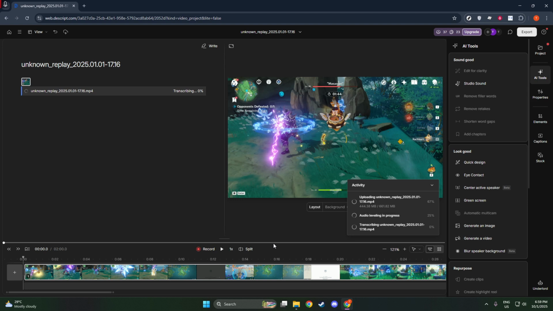Now, let's utilize the AI Clip Maker. Navigate over to the Clips tab in Descript. Here, Descript's AI takes over and analyzes your video. It'll suggest short, engaging clips that are likely to captivate your audience. The suggestions are based on factors like viewer engagement and emotional impact, which can be incredibly helpful if you're unsure